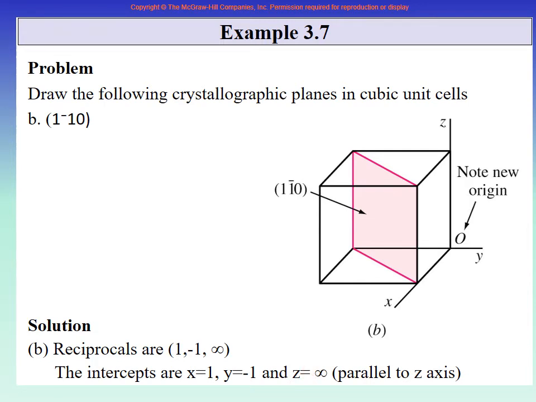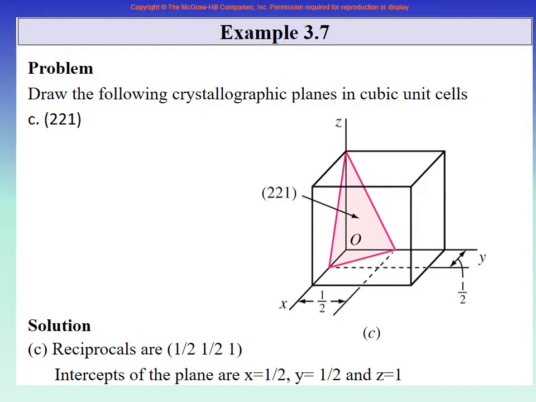Let us go to the third example if it is there. Yes, it is there. It is 2, 2, 1. What is the first step? These are outside the cube. So divide it by the largest number so that they come inside. So divide by 2. This is 1, 1, 1 half. So this is the first thing, that the largest number should be 1.